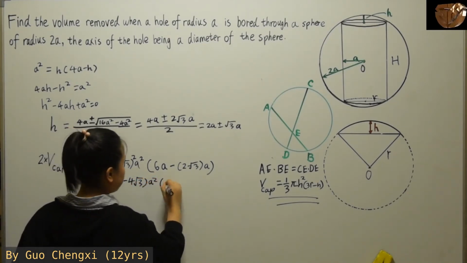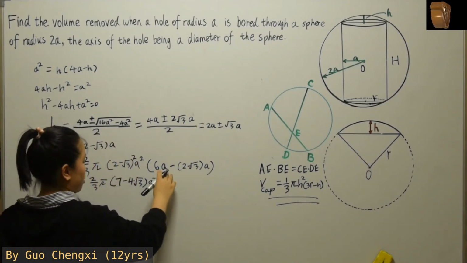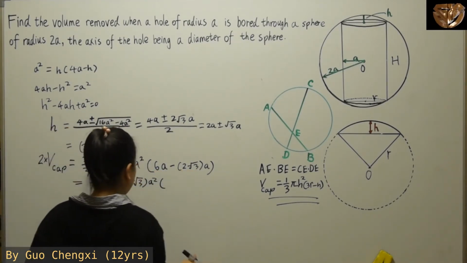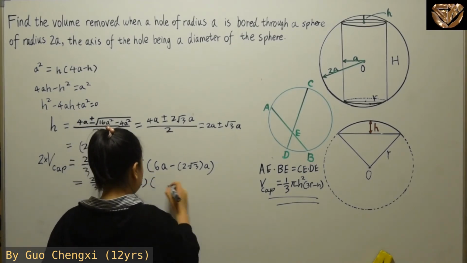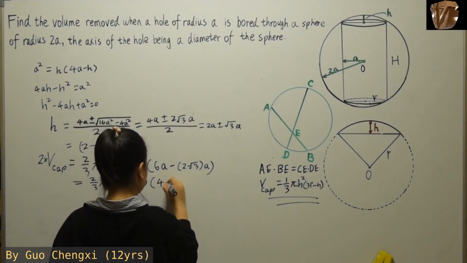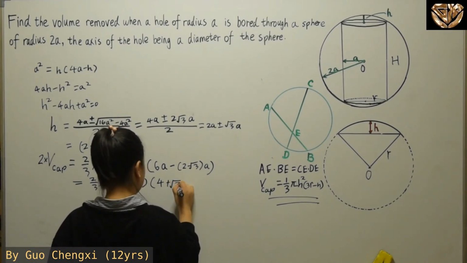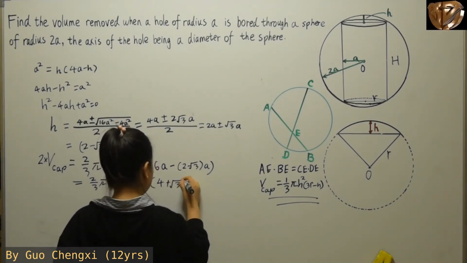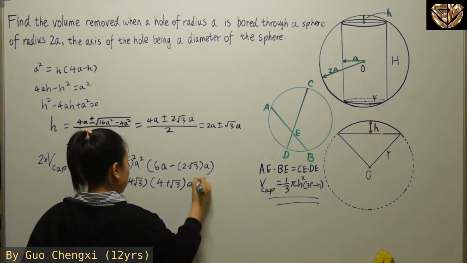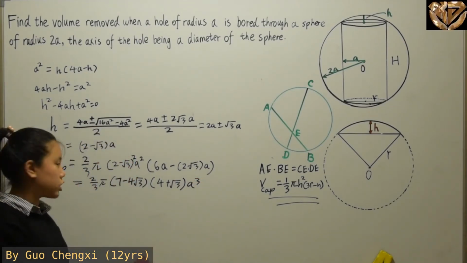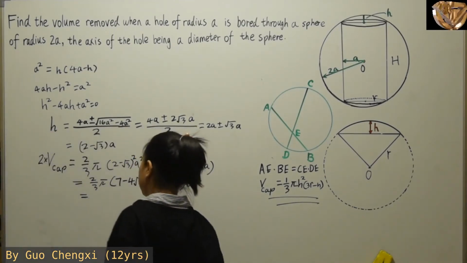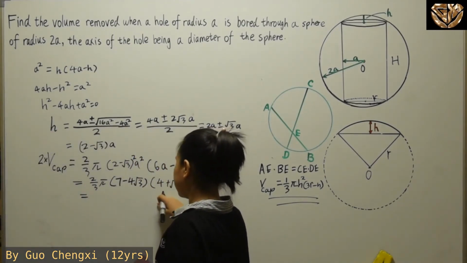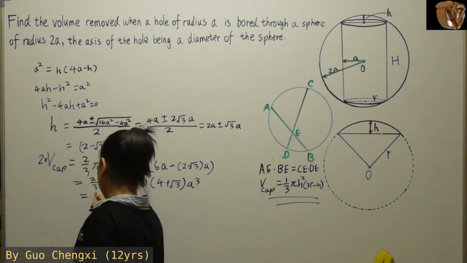A square, and here you can basically take out another a. So for this part, you're going to get it like this, okay? Alright, so now that we have gotten this part, what we are going to get here is, you can times these two together, right? Which you're going to end up with